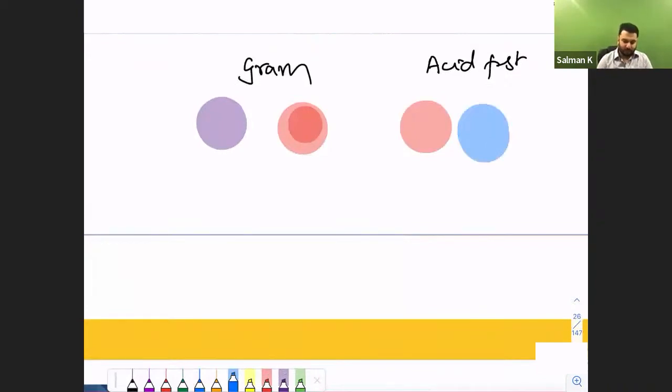So gram stain, purple color organisms, as you may all remember, are gram positives. Gram negatives are pink in color. In the acid fast stain, acid fast are pink in color, and non-acid fast are blue in color. Okay, non-acid fast, they would be blue in color. I hope this is understood by all of you. Okay, gram stain and then the acid fast stain. Now that this is over,